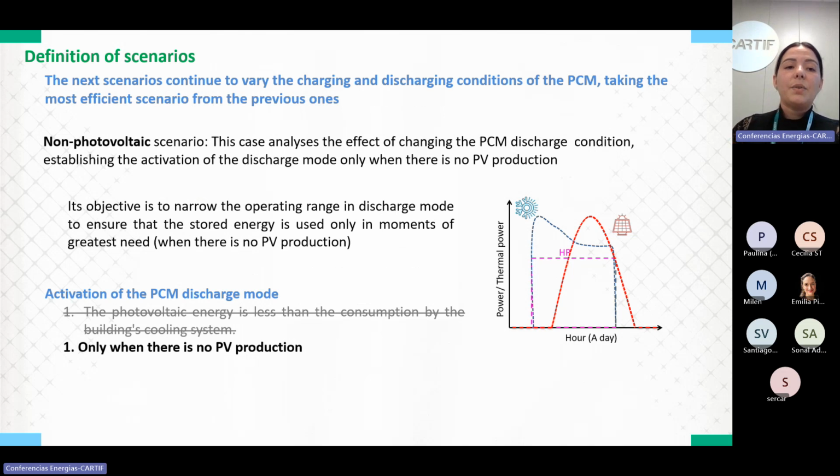The next scenarios continue to vary the charging and discharging conditions of the PCM, taking the most efficient scenario from the previous one. The no photovoltaic scenario analyzes the effect of changing the PCM discharge condition, establishing the activation of the discharge mode only when there is no photovoltaic production. This means in this space,